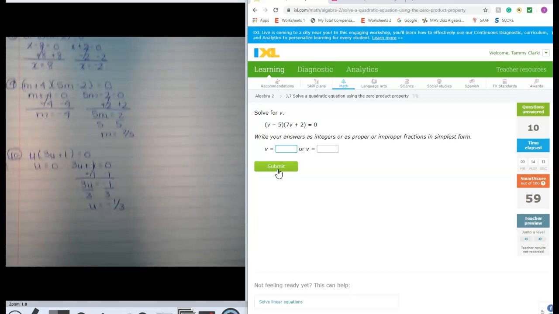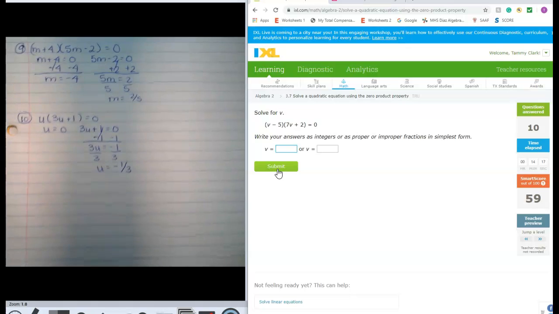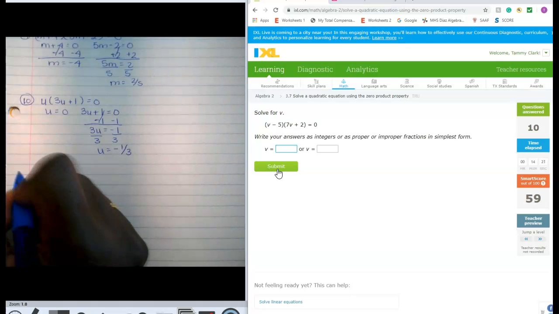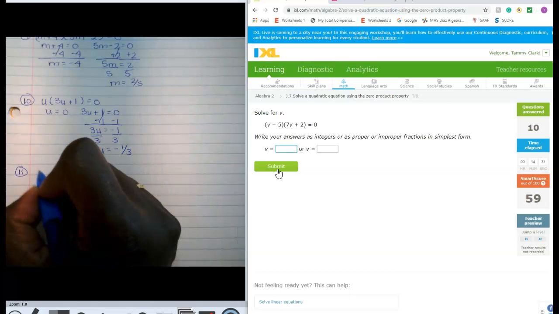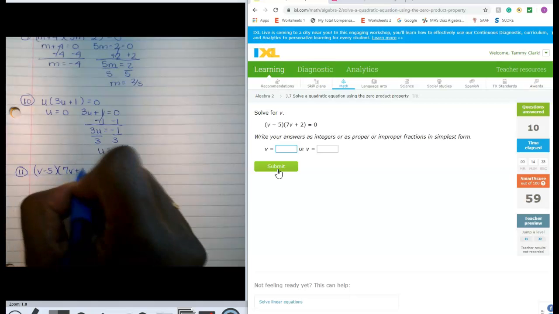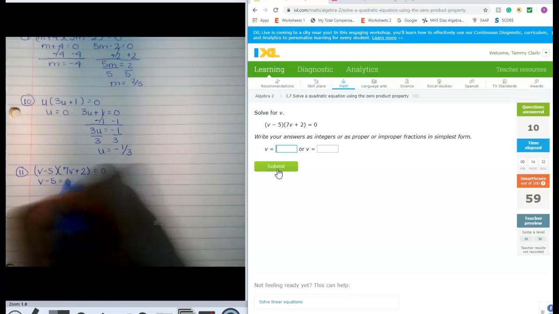So we were at 10. Let's go on to number 11. I'm lifting up my book here, and that's what you see going on. Number 11 says v minus 5 multiplied by 7v plus 2 equals 0. Set both binomials equal to 0